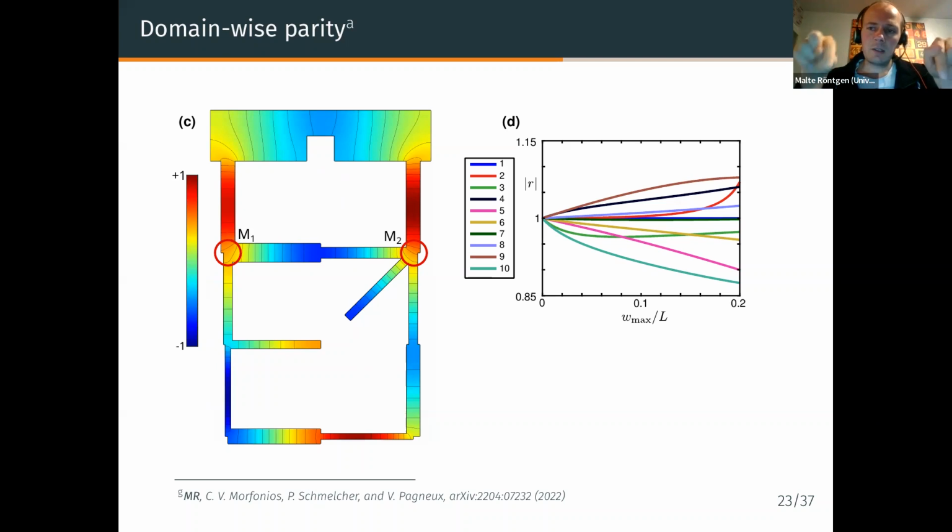It is connected to an asymmetric subsystem, so this waveguide network here, but it doesn't see this asymmetry. All it sees is that the eigenmodes of this network below have pointwise parity. And since everything is 1D in the waveguides, the asymmetry behind is not seen, so to say, by this